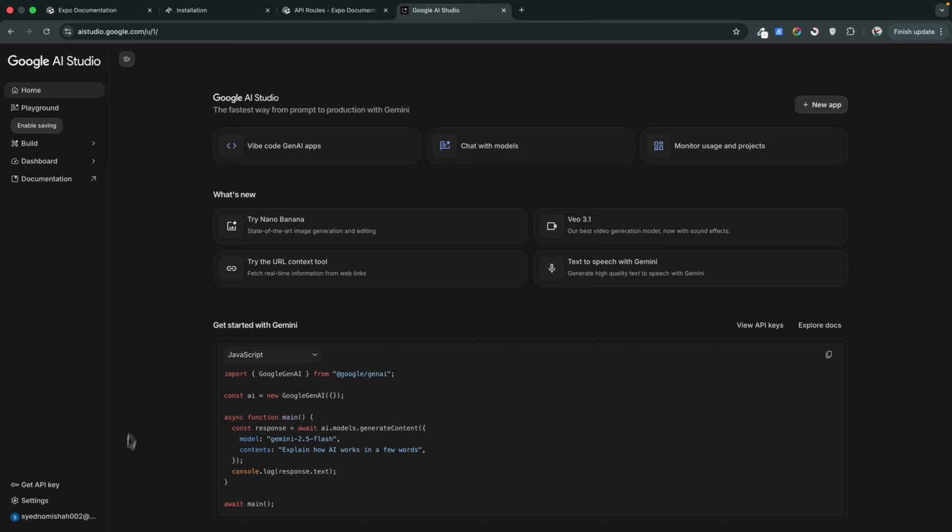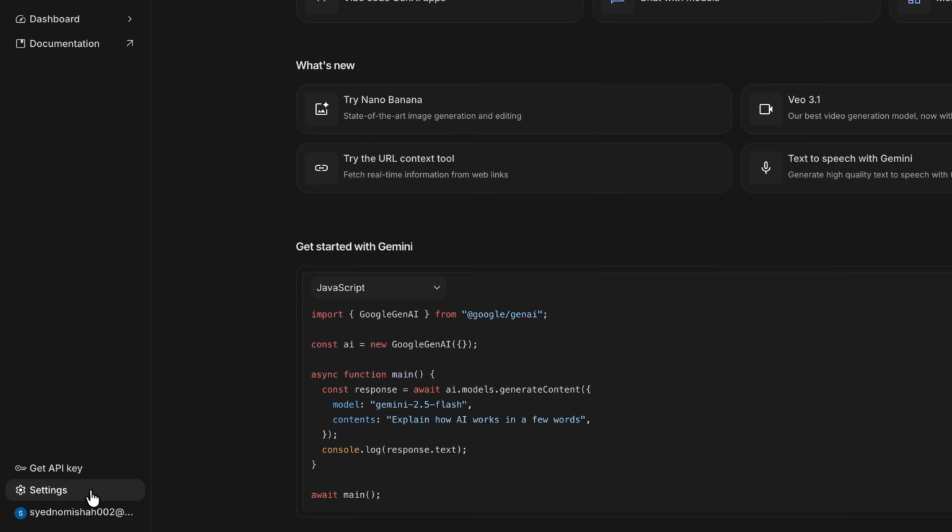I've logged in with my Google account, so you'll have to log in, then accept the terms. Once you do that, you will land on this page. Here you can see options such as chat with models, monitor usage, and projects. So at the bottom you can see a code snippet that uses the Google GenAI package, and this is what we're going to use. So it's using an AI model, and the model name is Gemini 2.5 Flash. So we're going to use the same model actually, and then we're going to provide the prompt and it will return us the response. So now we need to get the API key, and if you look at the bottom left,